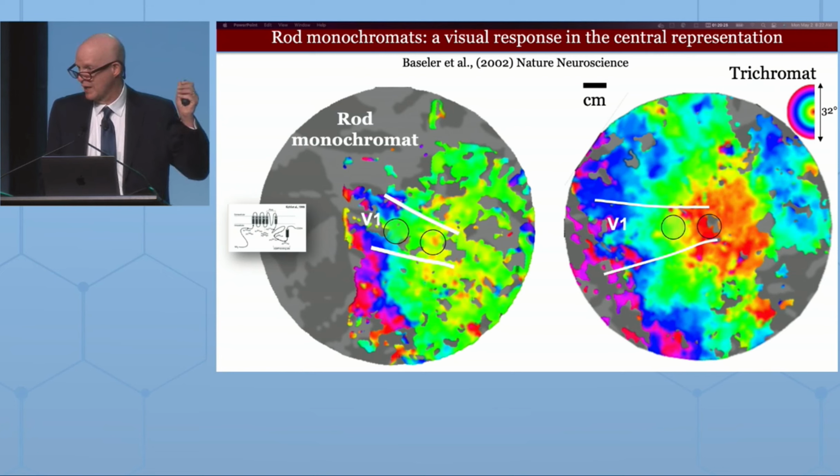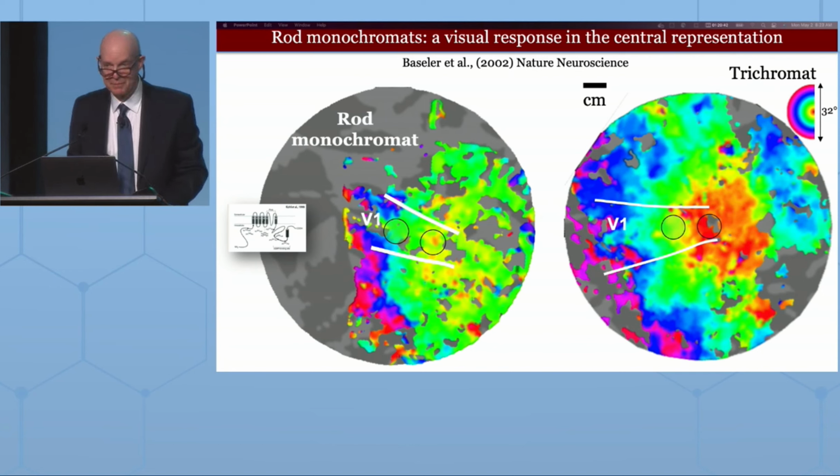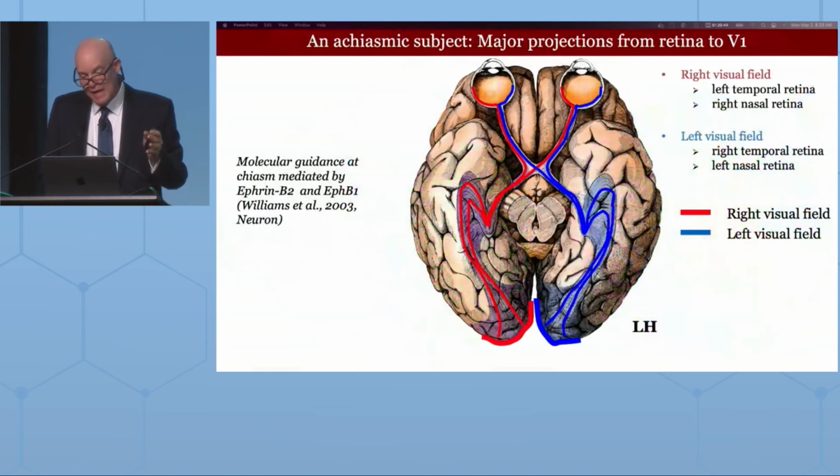And notice, by the way, that whereas in the control subjects on the right you see that red part, which is the central fovea, in the rod monochromat the rods are in the periphery, and it's got the greenish part because they're in the periphery, but it's still causing the corresponding piece of cortex to respond. Here was another kind of developmental plasticity that we could easily measure.